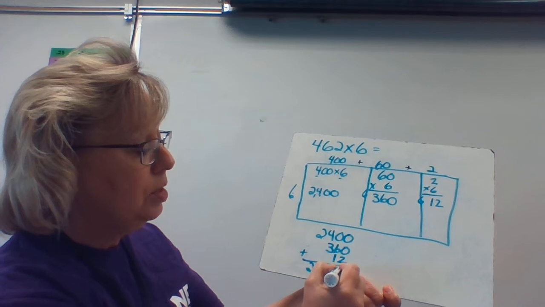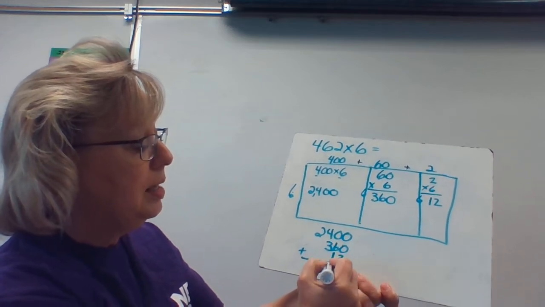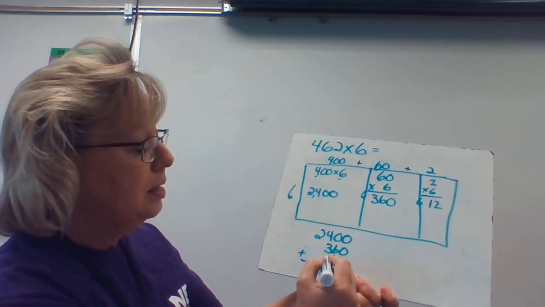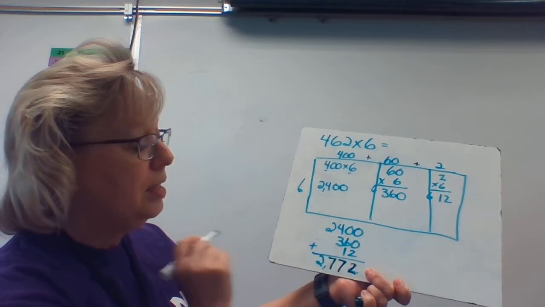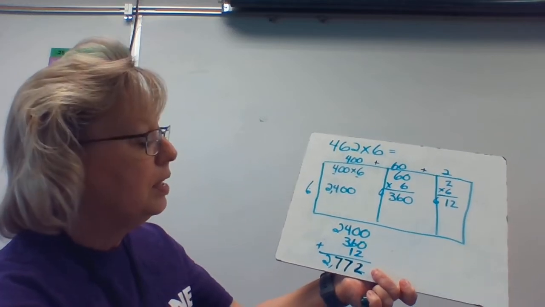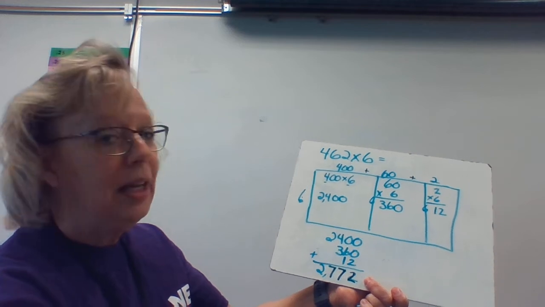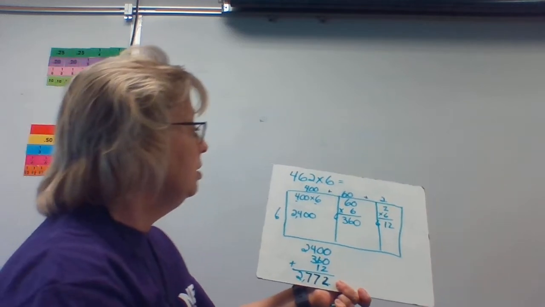This is 2 ones, 7 tens, 7 hundreds, and 2,772. Now I want to take that same equation,